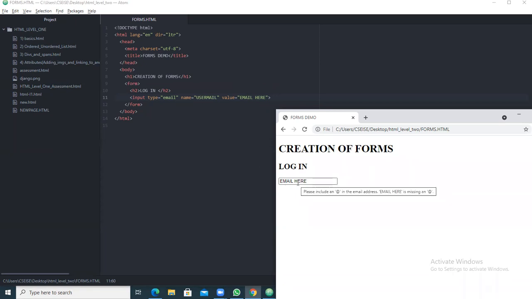Don't give anything here. As you take email, here you can see, it will tell, please include an @ in the email address. Email here is missing an @. That means if you give it as email, there should be an @ symbol here. Understood? So that's why this is for email.